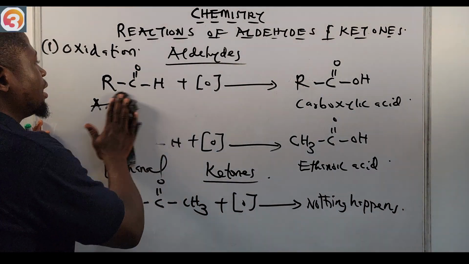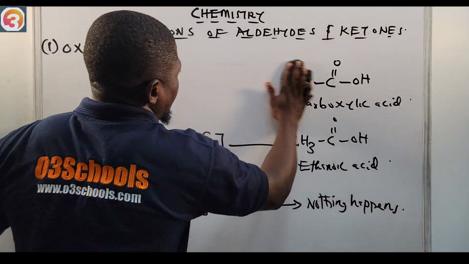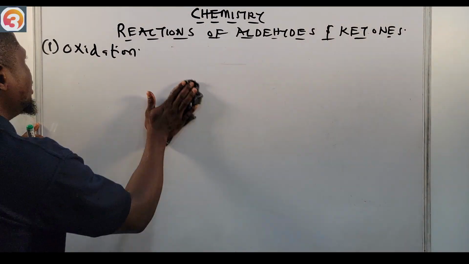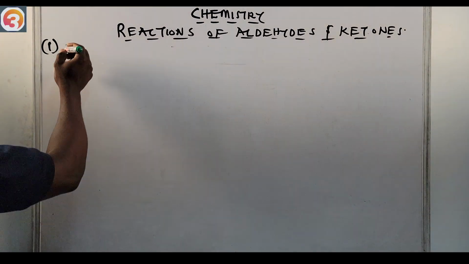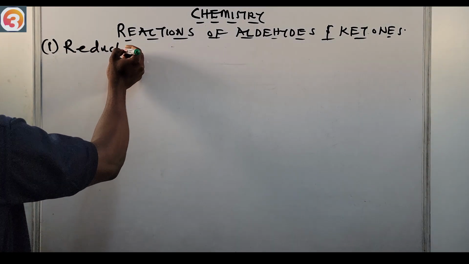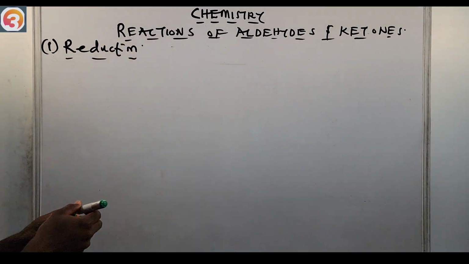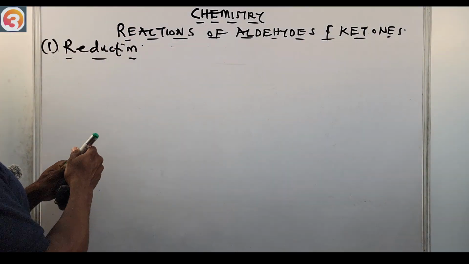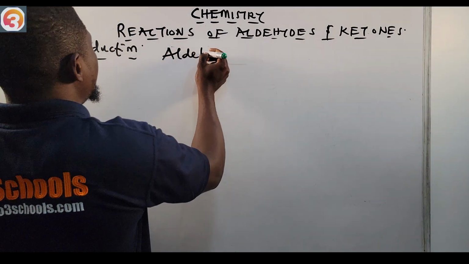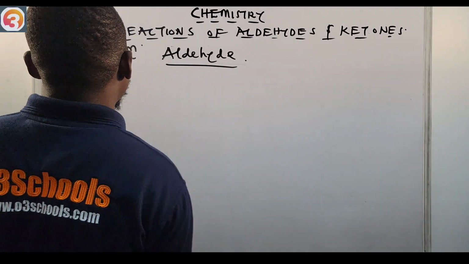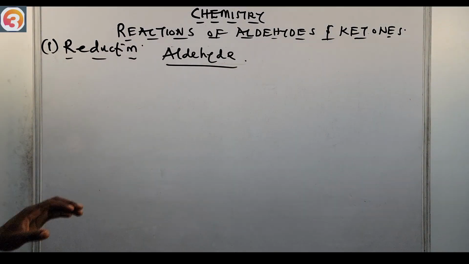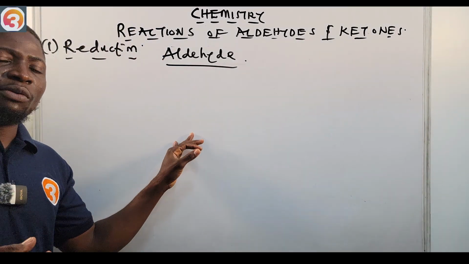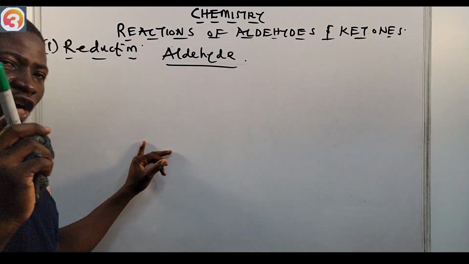Then we're going to quickly look at the second reaction, which is reduction with hydrogen. Number two, reduction. When we look at oxidation, let's look at reduction. First of all, an aldehyde. You can reduce an aldehyde to a corresponding alcohol. If you reduce an aldehyde, you get the corresponding alcohol. But reduction of